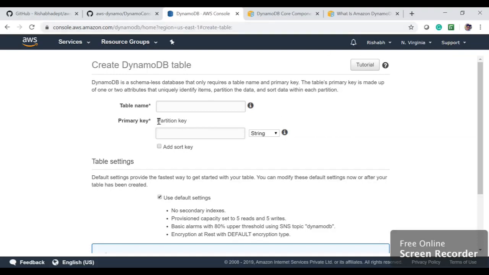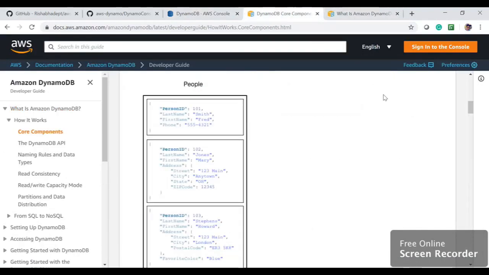When you're using partition key, it's a single key, but when you're using partition key with sort key, it becomes a composite key. So a composite key can be a primary key, or a partition key alone can also be a primary key, depending on our requirement. For example, we have a table called people and we have data inside it. Here we have a person ID, which is a unique ID. So we can create person ID as the partition key, leave the sort key empty, and it will be done. Whenever we want to get any person, we can just call the people table with the person ID and uniquely identify that person's detail.